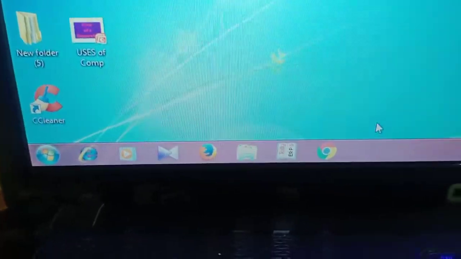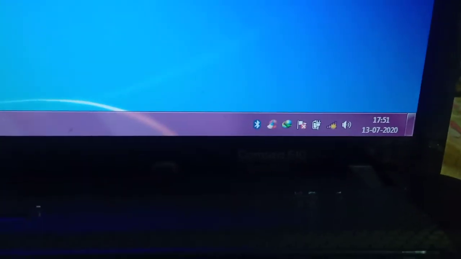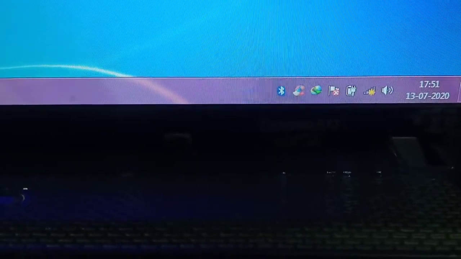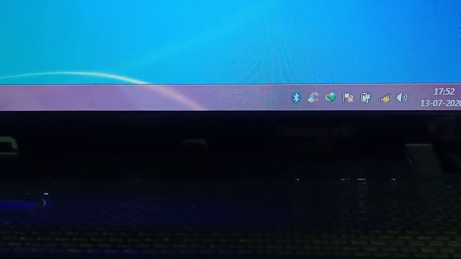Now see this notification area. This notification area is also called the system tray. Here you can see the current date and time, the volume button, the clock, the network icon and the external hardware icons.